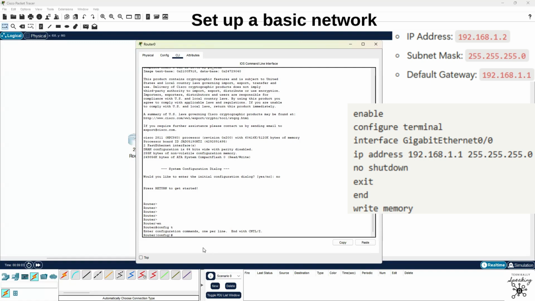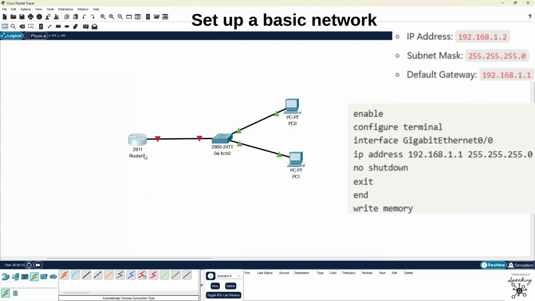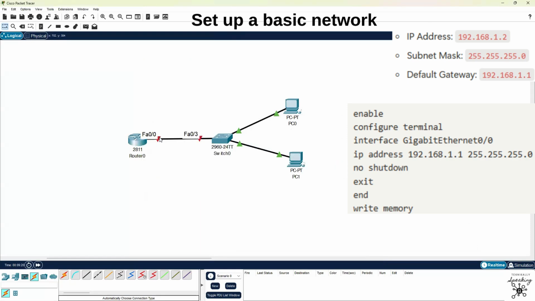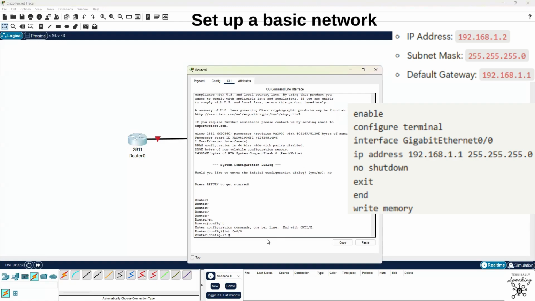Okay. Now let's look at the interface. We really don't know which interface is which. So let me click out. We're going to come here and take a look. So we've got FA 0/0. Okay, so click back in here. So we're going to go to interface INT FA 0/0. Okay, that's interface FastEthernet 0/0, as we just saw. All right, so now we are on that interface, on that configuration line. So now we can configure the interface specifically.